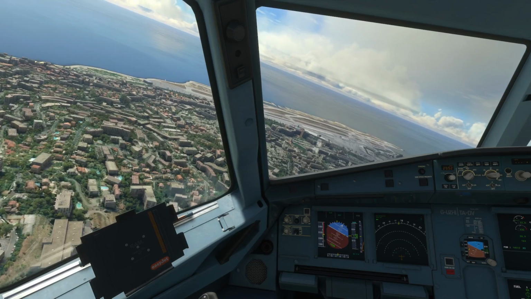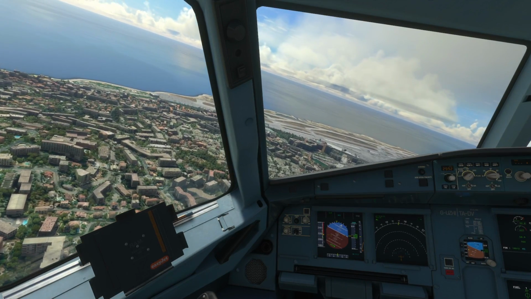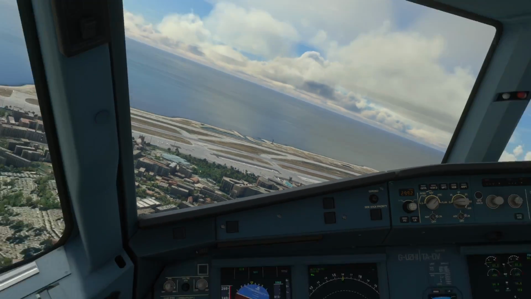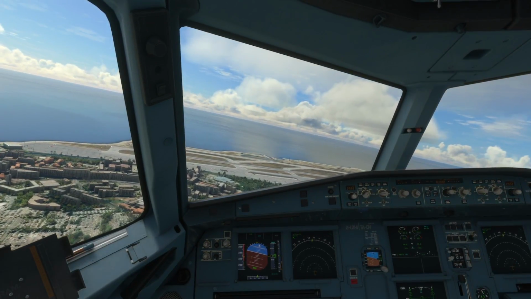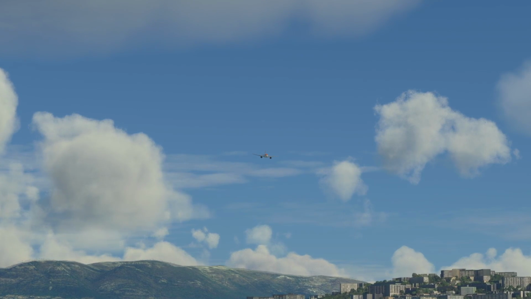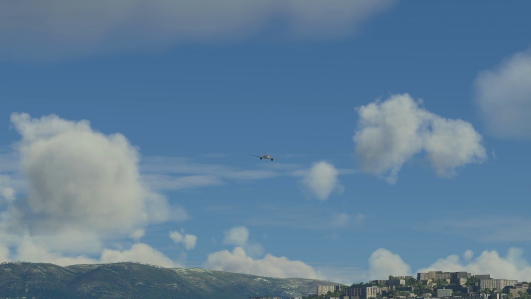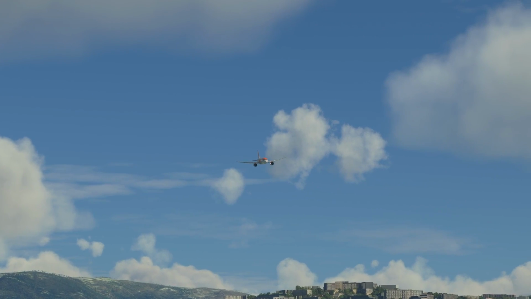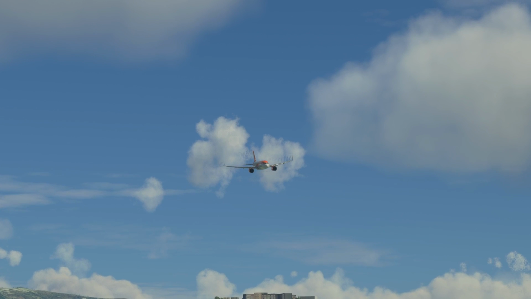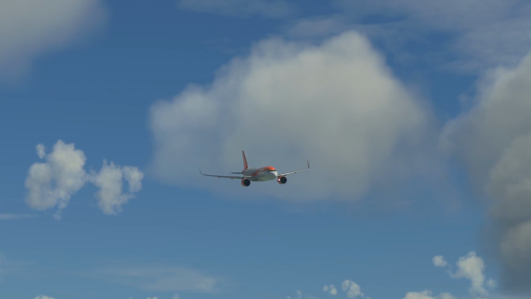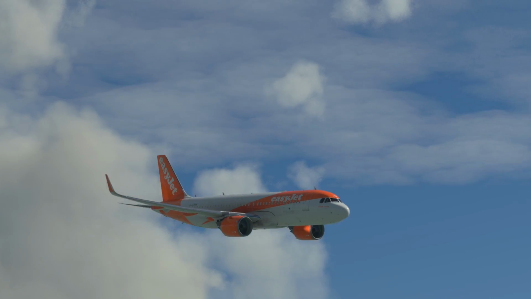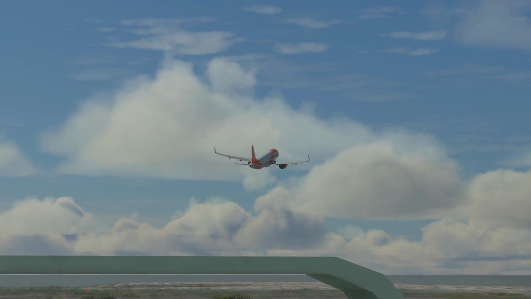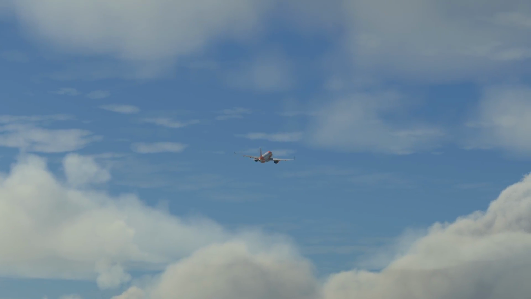And once we have a good angle, we can switch back to the drone camera mode. Here, perfect. And remember, I'm still controlling the aircraft, so I can manage the altitude to avoid crashing. Very easy, right?